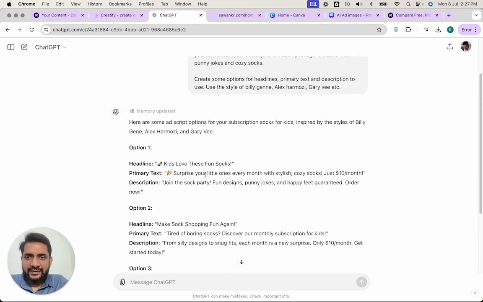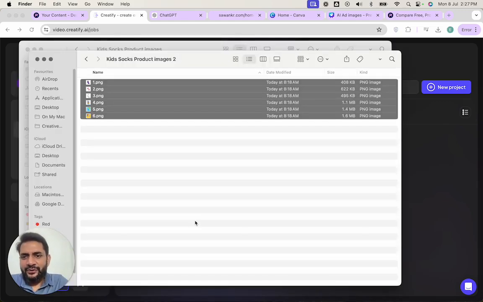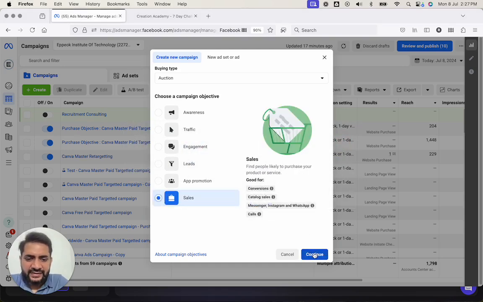But yeah, here you get the ad scripts, you have the ad images, and you have the ad videos all generated using AI. This did not take you more than 10 minutes, and you're ready with a perfect ad for yourself. Let's see what video magic has happened. So while we wait, let's also jump onto Facebook ads, and we create an ad campaign that is for sales,